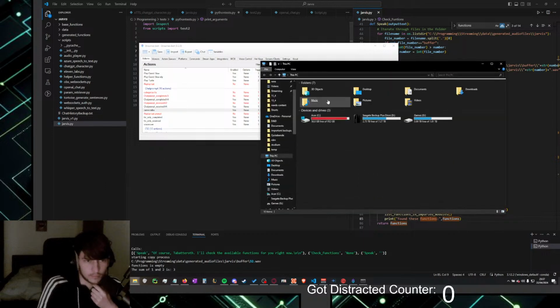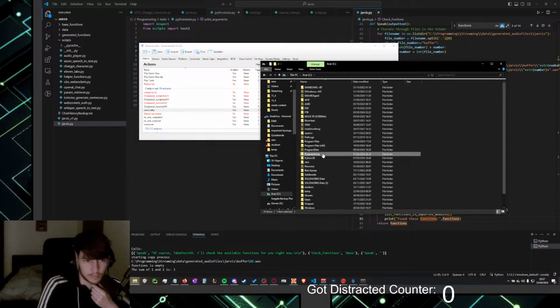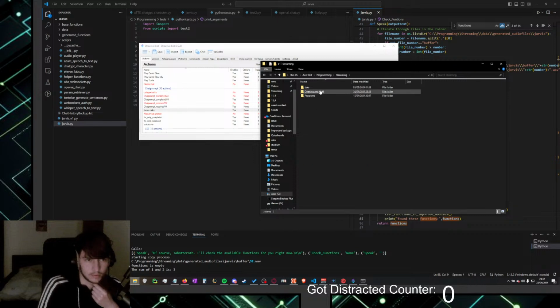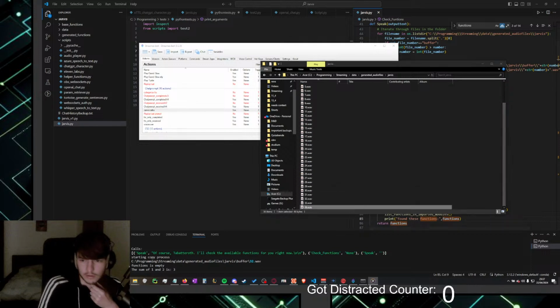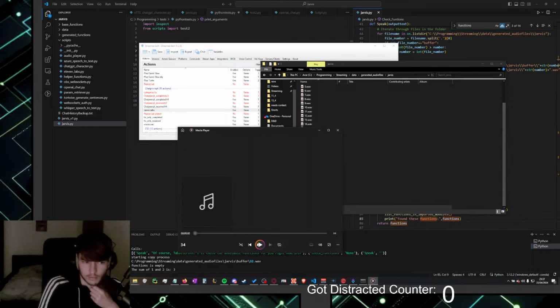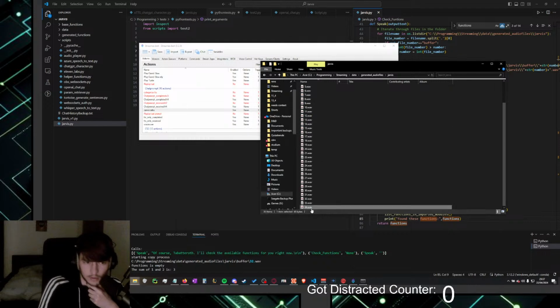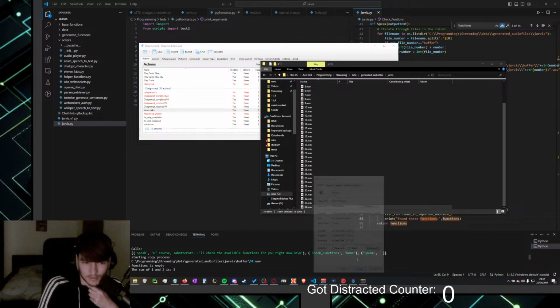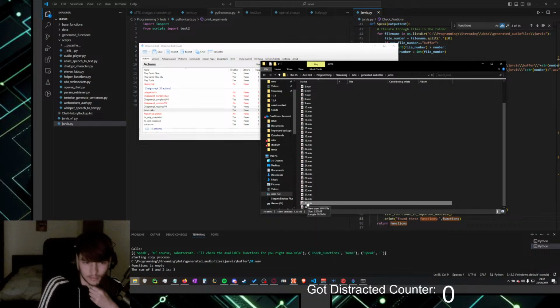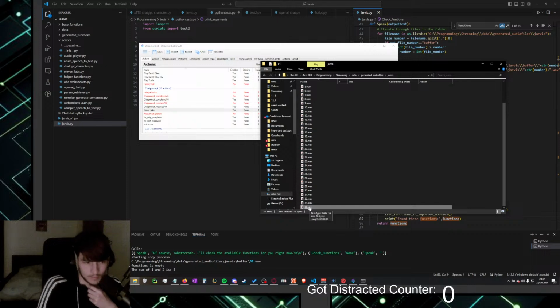Do I not have a folder for that? Wait. Programming, streaming, data, generated audio files, Jarvis. There it is. And there's also the audio file that it just tried to say. The audio file might be broken. Size on disk 0, okay. What happened to that audio file?